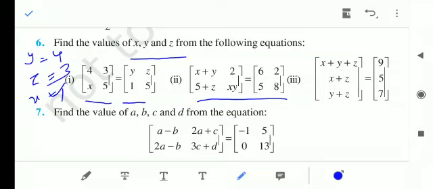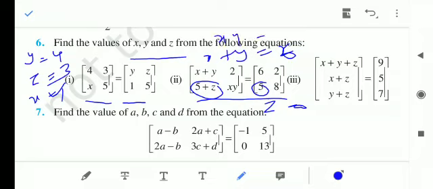In the same way, if I look at the second question, x plus y equals 6 and xy equals 8. So, we have the equation 5 plus z equals 5. So, z equals 0. One thing is clear that z equals 0. And from here you can see x plus y equals 6 because the matrices are equal, and xy equals 8. So, we have this element xy equals 8, and on solving these two we can find out the value of x.